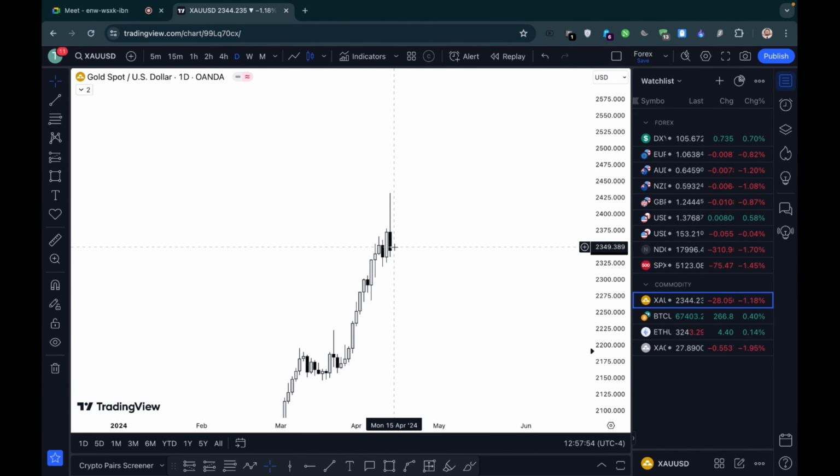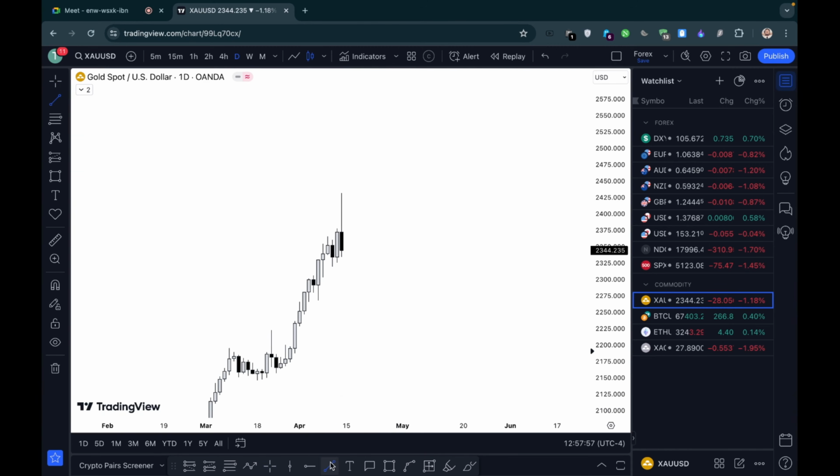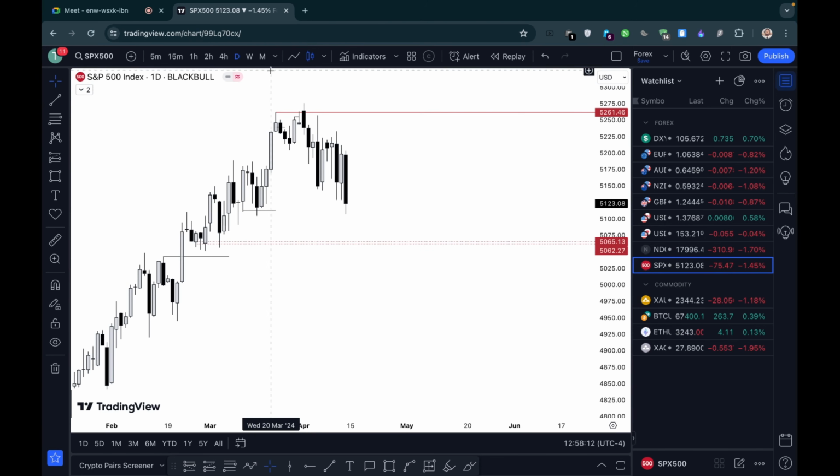If it forms this order block, this candle, if price fails to close, the price closes below this candle and we see an order block, then we can trade to the downside. But it is not as clear, so I'll avoid trading gold. Let's go to